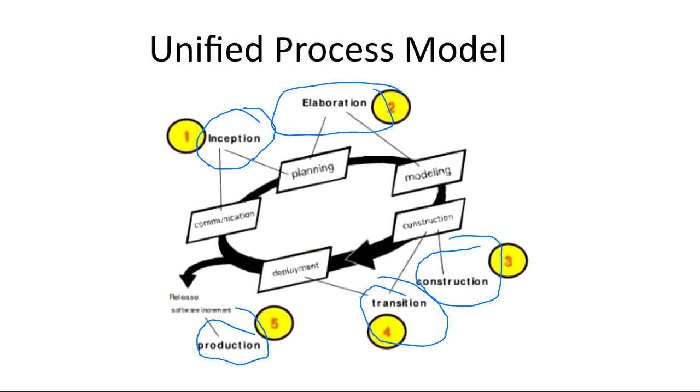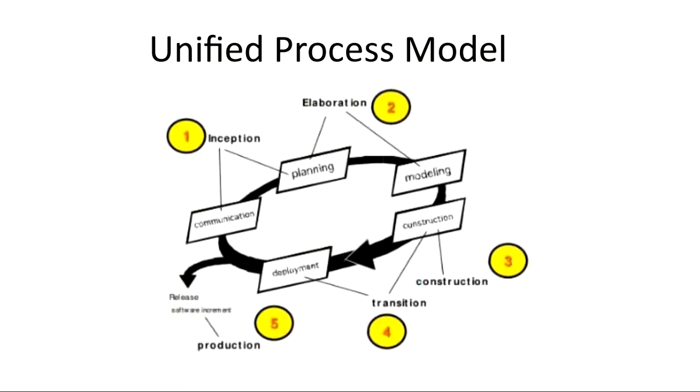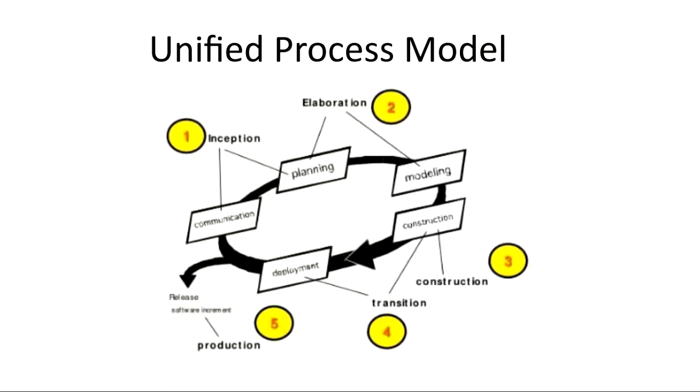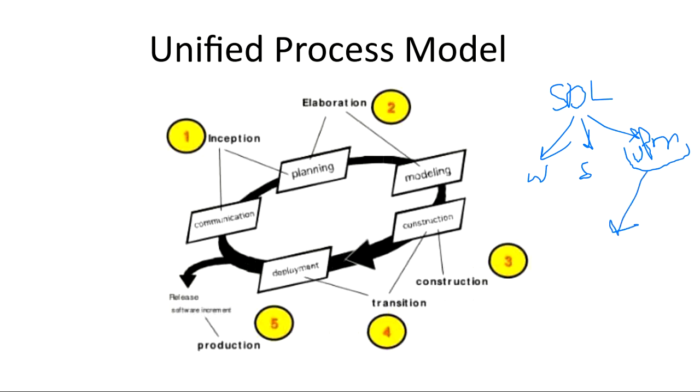There is one more concept which I am telling you right now. Either the question is about unified process model, or the question is about rational unified process. Both these things are the same. In your syllabus you will see that one is written as unified process model, another as rational unified process. So both are the same. What is the difference? I'll tell you. Under SDLC come various models like waterfall model, spiral model, and the other is this unified process model. Now in unified process model there are also some variations. For example, there is RUP, rational unified process.